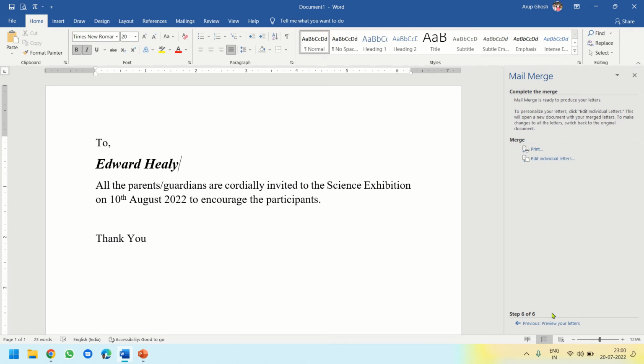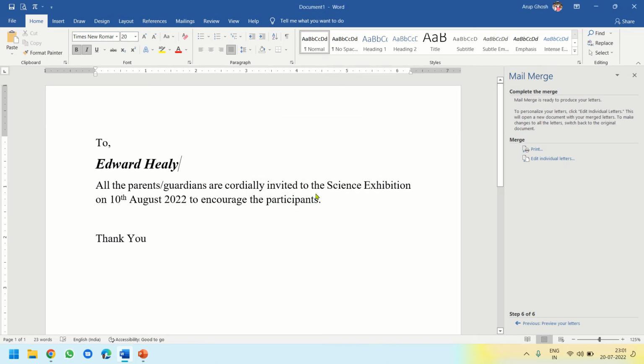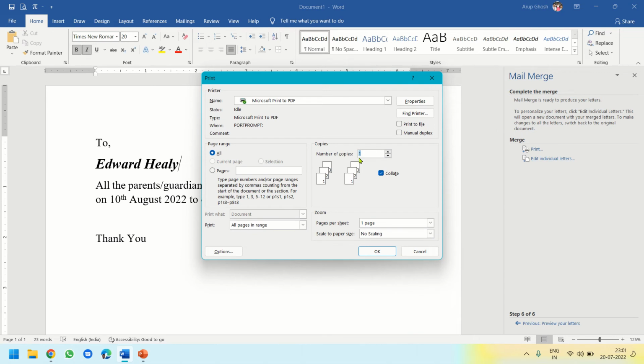Step number 6 is to print. Now I'll click on print, and all records, if I keep it that way, click on OK, it will open the print dialog box. If your computer is connected to a printer, it will come out through the printer. Now I don't have a printer connected, so I'll save the letters as PDF. It is already selected, Microsoft Print to PDF. When I click OK,